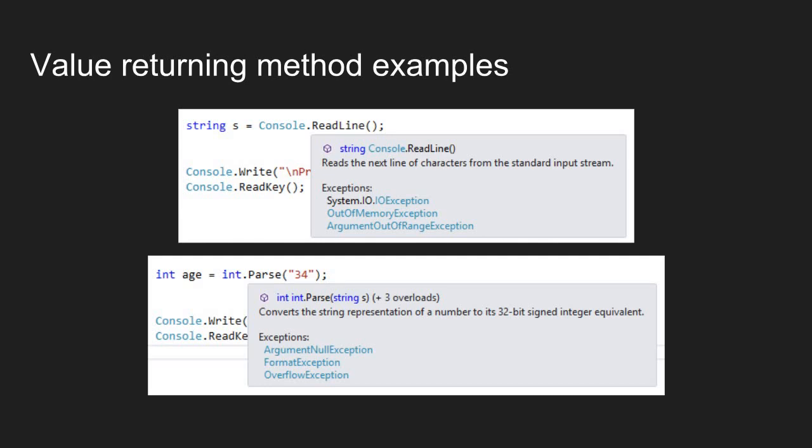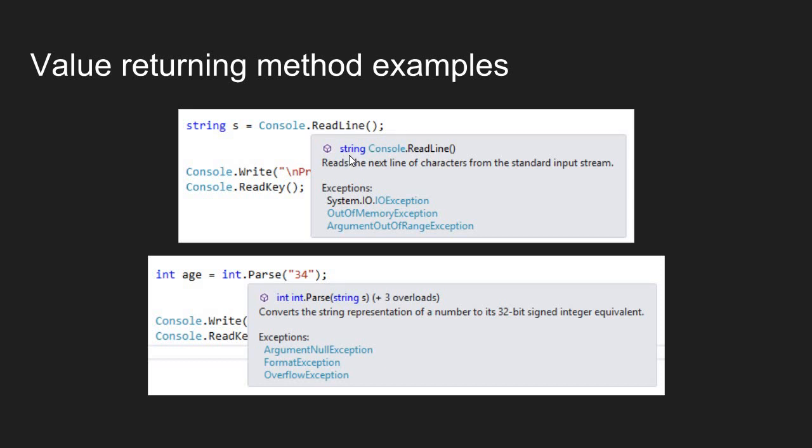In this video, we will look at value returning methods in C#. So let's look at some examples of value returning methods that we've already used. First, we will look at the Console.ReadLine method. If I look at the header for the Console.ReadLine method, I see that it returns a string